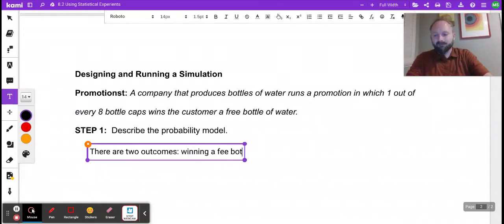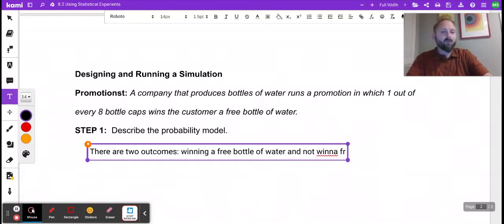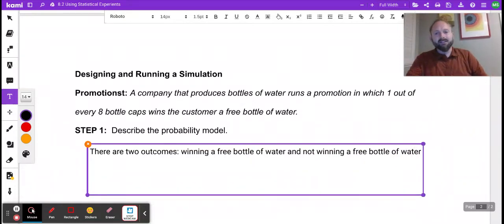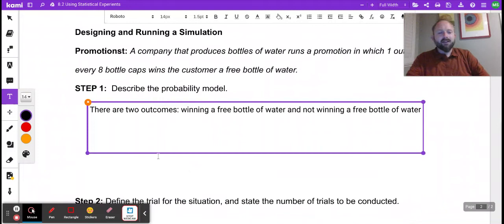Winning a free bottle of water and not winning a free bottle of water. Theoretically, so let's go down. Theoretical. So the theoretical